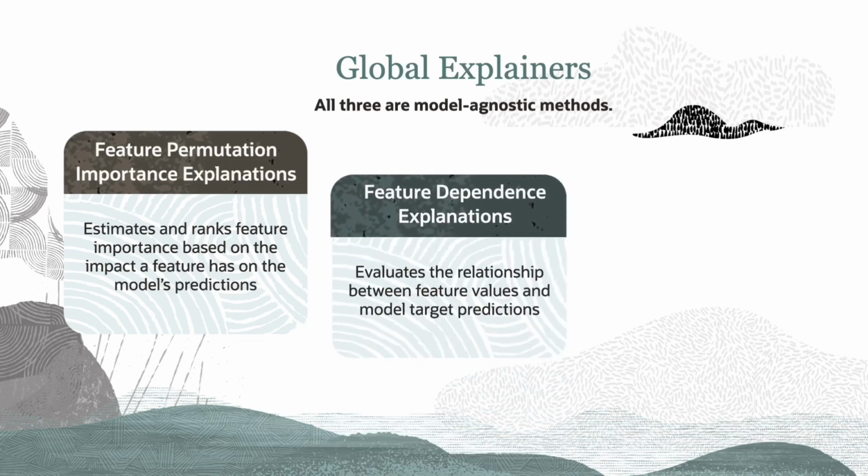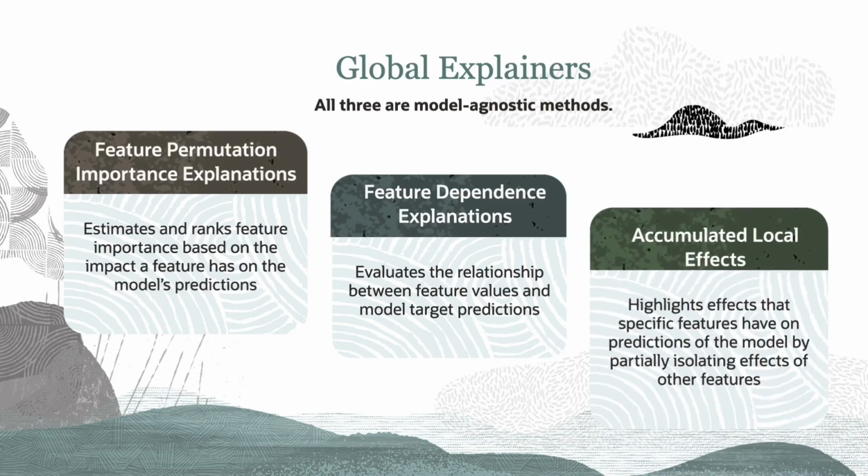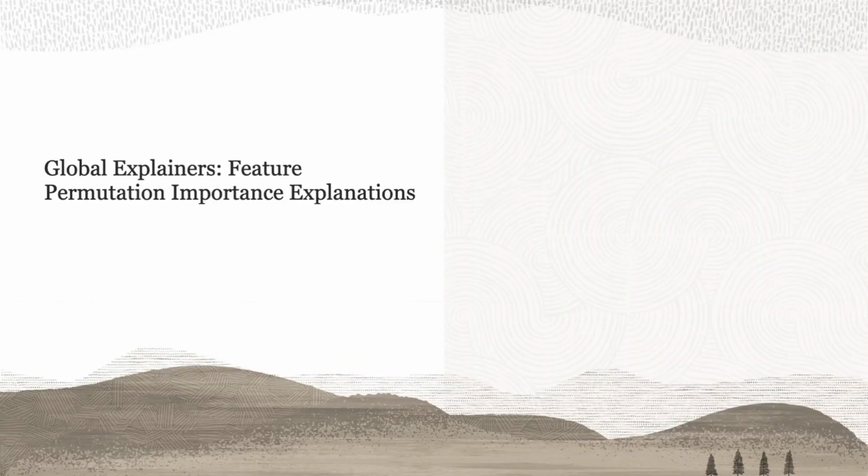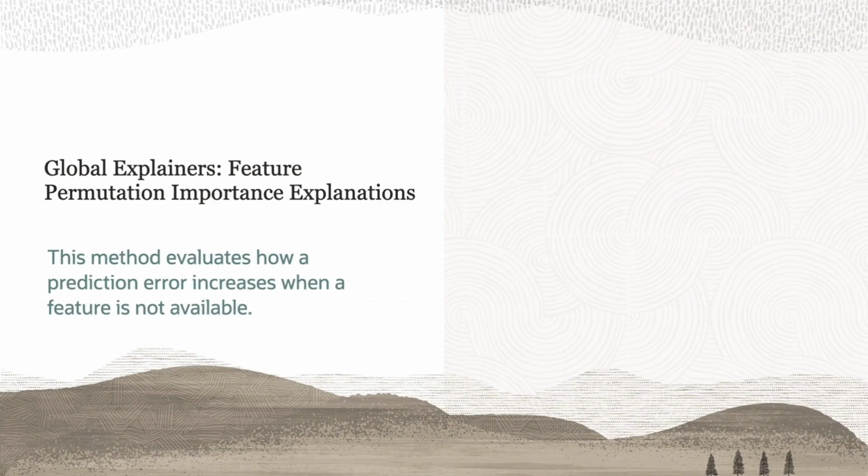This one evaluates the relationship between feature values and the model's target predictions. The third is accumulated local effects. It highlights effects that specific features have on the prediction of the model by partially isolating effects of the other features. Moving on to the first one, the feature permutation importance measures the predictive value of a feature